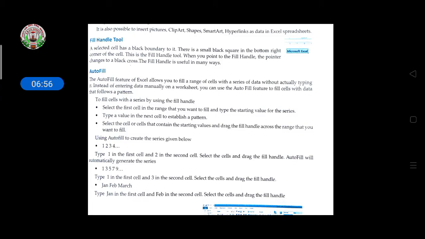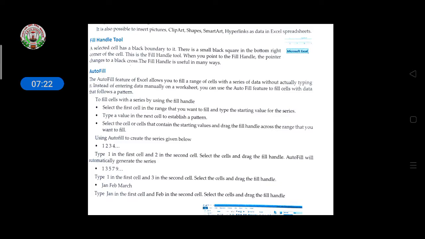equal to sum, and then you give the arguments, meaning the address of the column you want to add. If you have given the formula in the first column, then you only have to select autofill, and it will go the same way for the others.